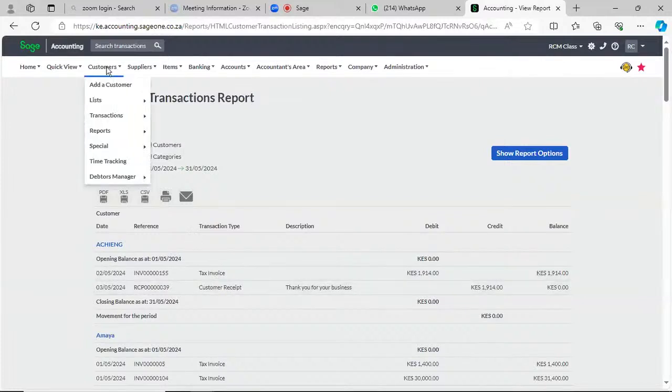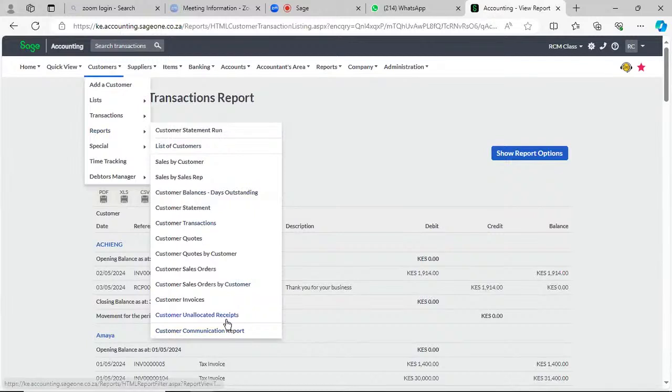So that is customer reports. There are a lot of them, ladies and gentlemen. We cannot look at all of them. If you want to know which customers owe you money,